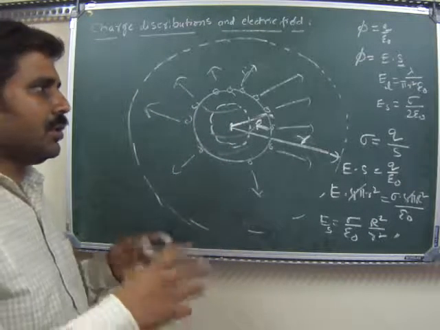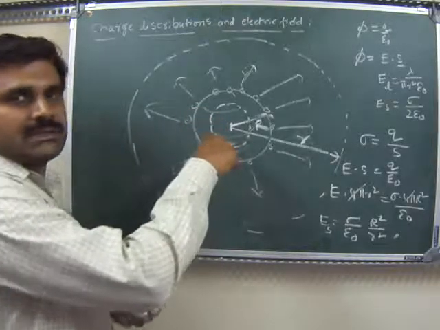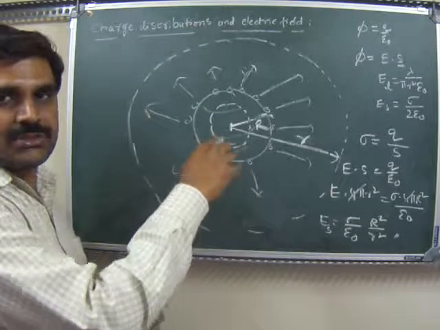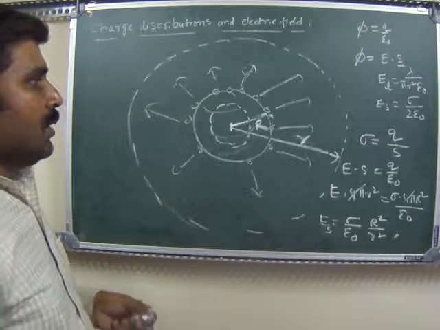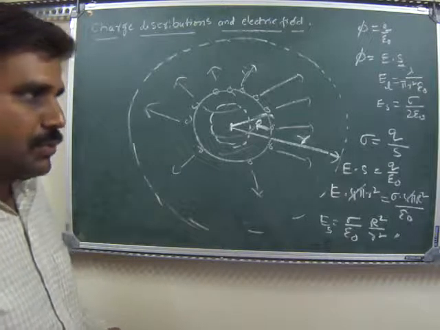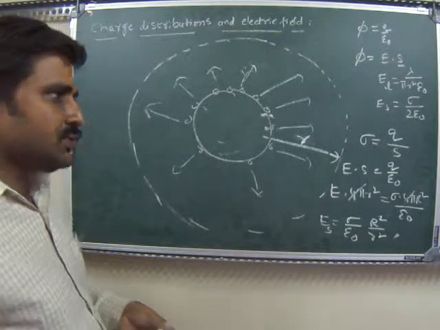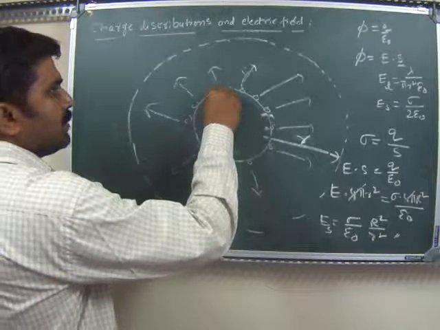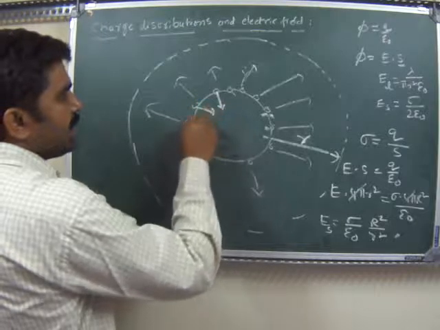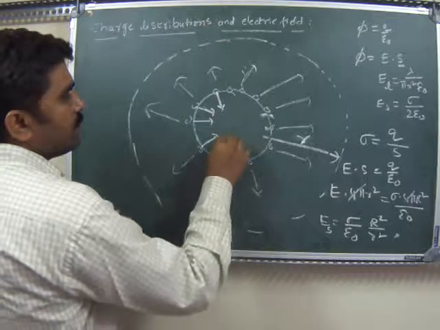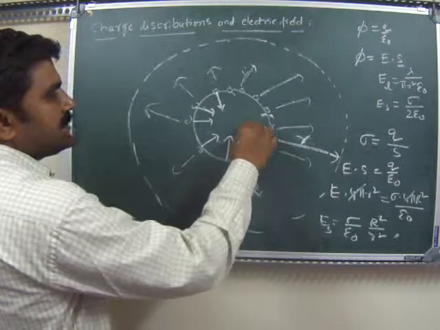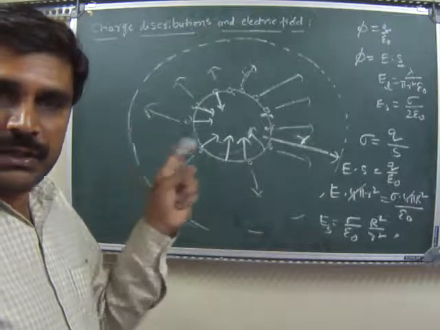So that means according to Gauss law, the field inside the spherical charge distribution is 0. One more, physically also I'll demonstrate that right now. For example, assume that the charge exists on the sphere. If you draw a field line like this, it is going to cross each other. Will any electric field line cross the